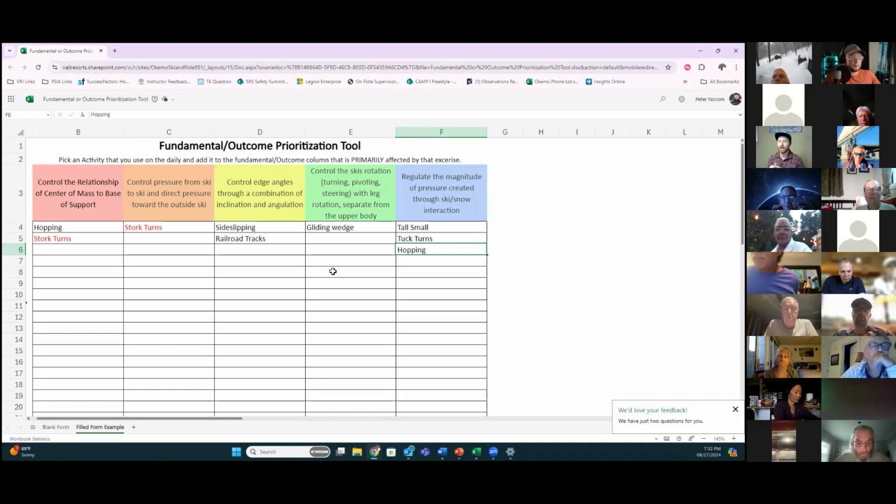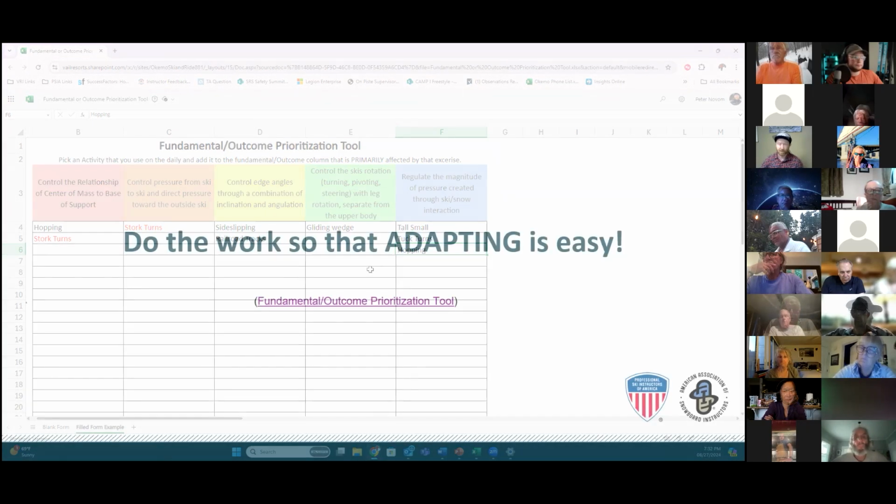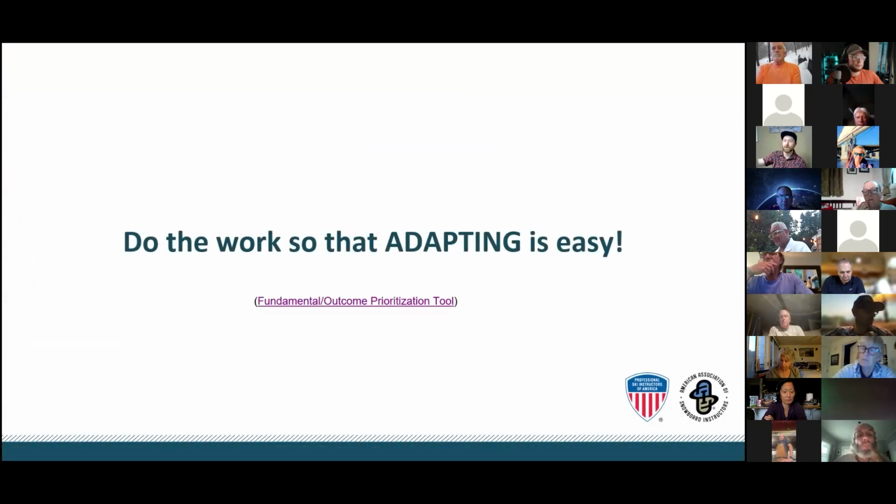And if you fill this column and you get to an exam, your brain is going to have all these connections and ways of using a bunch of different exercises. And I can tell you personally, I've known at least 2 examiners that have done this kind of process with me, and we sat down and we filled it out, and we all walked away, me included, with a stronger understanding of how to connect activities to more than one fundamental and to specific outcomes. So the point being is that's just one way of doing this.